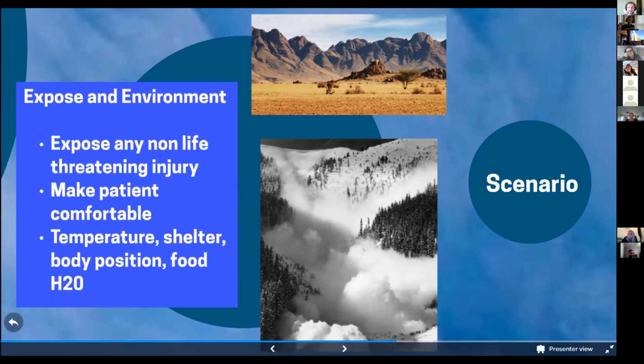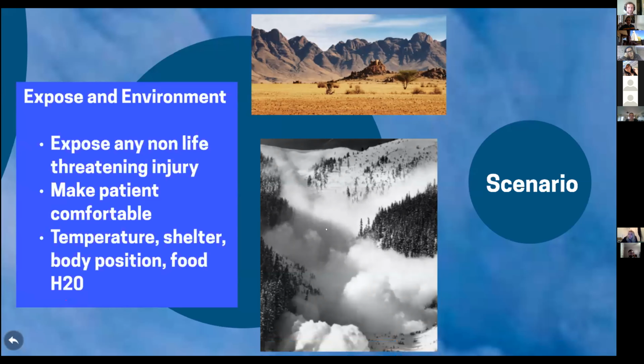Whereas down here in this more snow, wintry setting, your patient's probably going to want to be warmed up. And this ties into the point in your scene size up, you should be gauging the risk of entering the scene, but here in environment, you also need to gauge, if you haven't already done so, how dangerous it's going to be to not only evacuate your patient, but also to stay in the certain area. For example, if you're in a slot canyon here in Arizona in monsoon season and a monsoon's rolling through, is it safer to treat your patient where they are, or do you want to quickly move to higher ground?